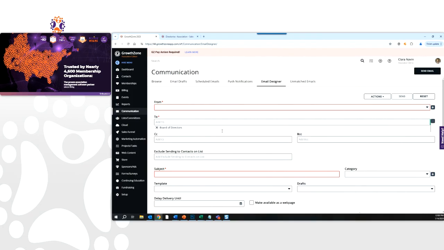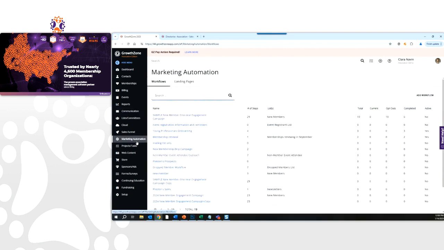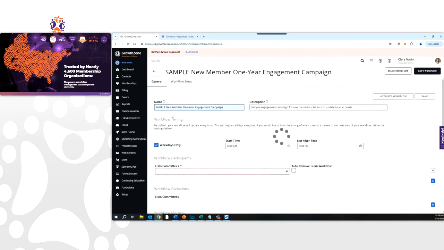You can take that a step further too. Not only are we creating the right emails and sending them to the right people, but we also want to send them at the right time. You can delay delivery until a certain time for your one-off emails. You can really utilize our marketing automation or workflow tool to start building out that cadence. So if I jump into an example I have up here,